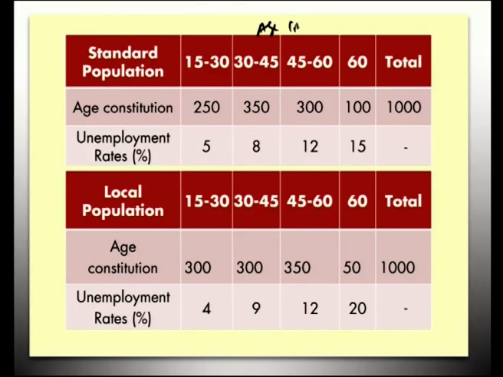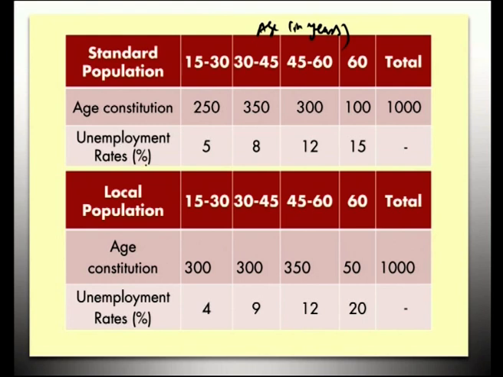That is, like death rate, unemployment, like birth and death, employment and unemployment is taken into consideration here. In the question we are given the age in years and the standard population is given, age constitution, unemployment rate